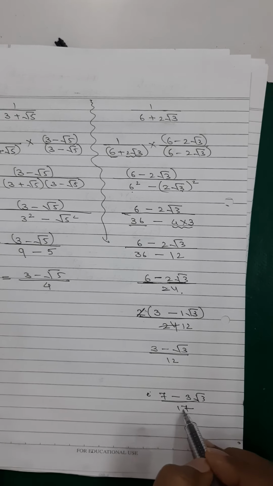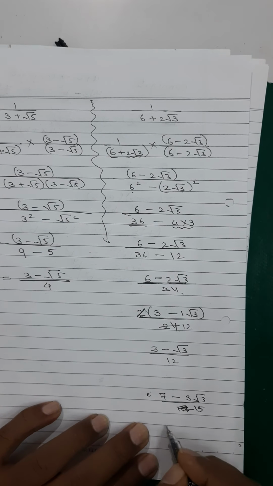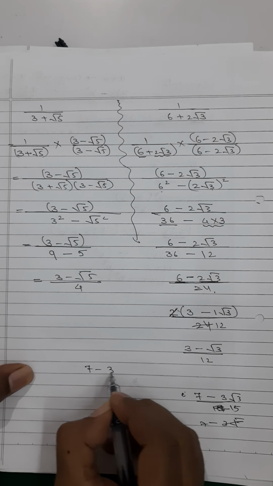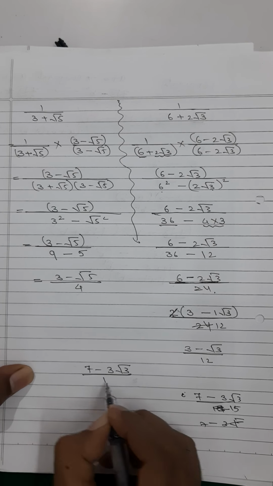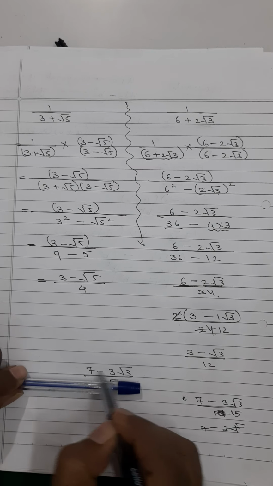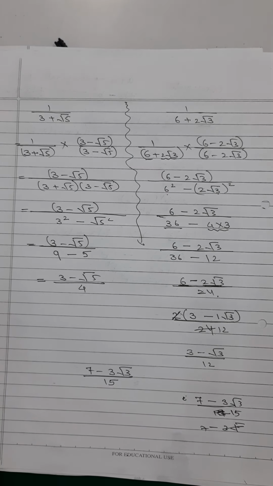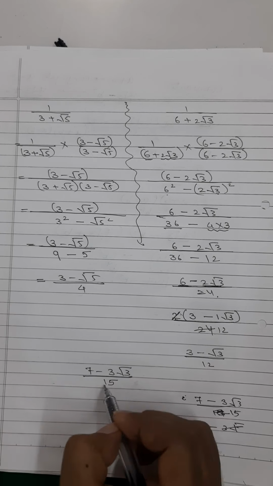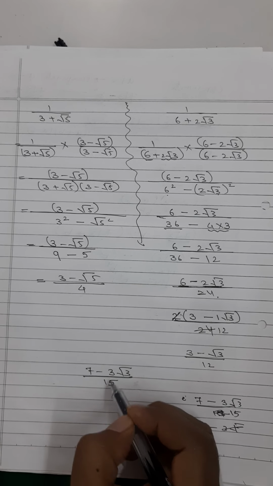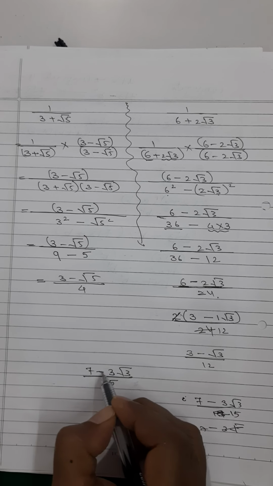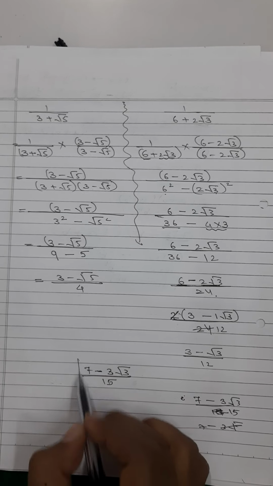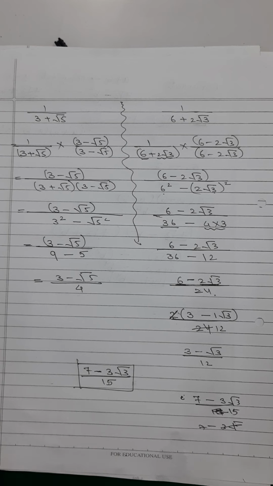Don't do the blunders of, okay, supposing this would have been 15. 7 minus 3 root 3 upon 15. Now if you will see, you cannot take out any common factor from here. So what do I do? Okay, I'll divide this. Don't do that. This division is not possible. I can't divide this 3 with this 15 because 3 is a part of a term which is subtracting somewhere. You will have to leave this where it is. This is the final answer. You can't simplify it further.